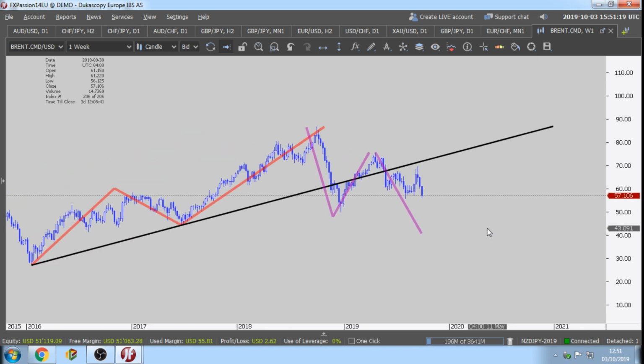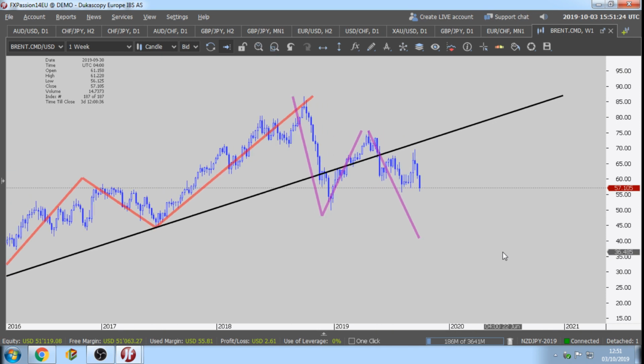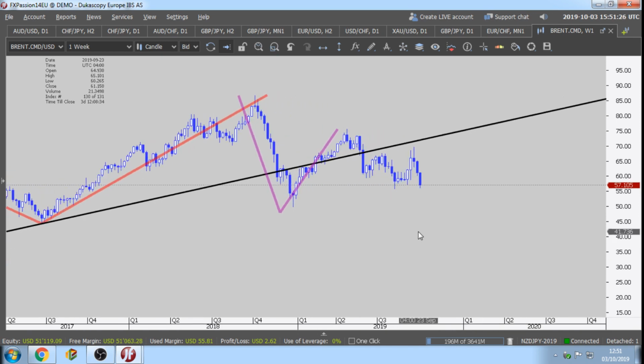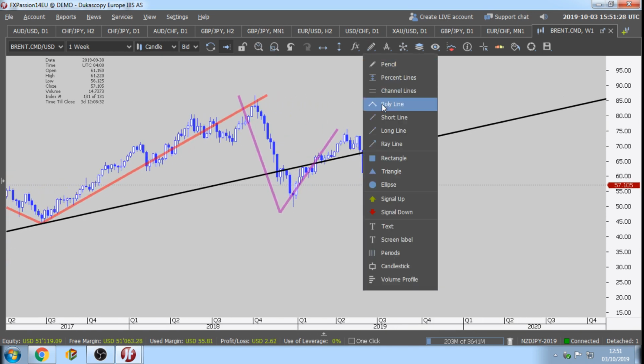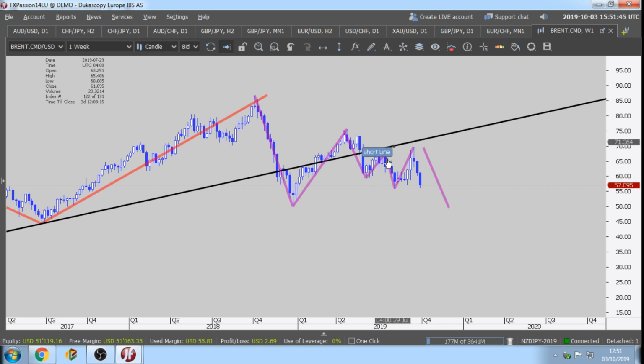Let's compress the chart. So short term, what is the market doing? Short term, it's making high to low, low to high, and even on the smaller scale, it's making lower lows, lower highs, lower lows, higher high. And if the market is going to make a new lower low, then this high is going to become a relevant one.